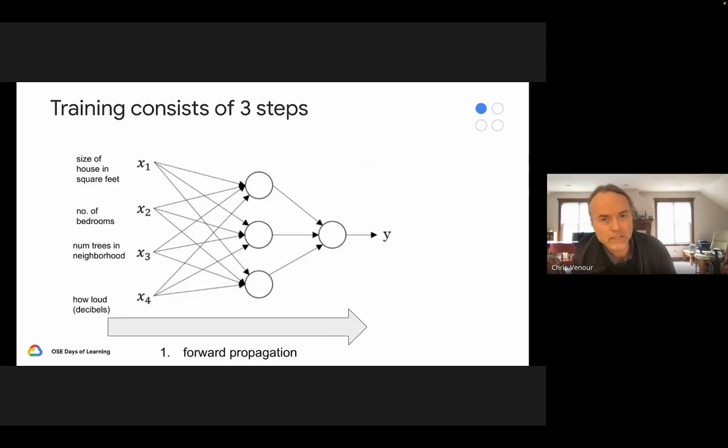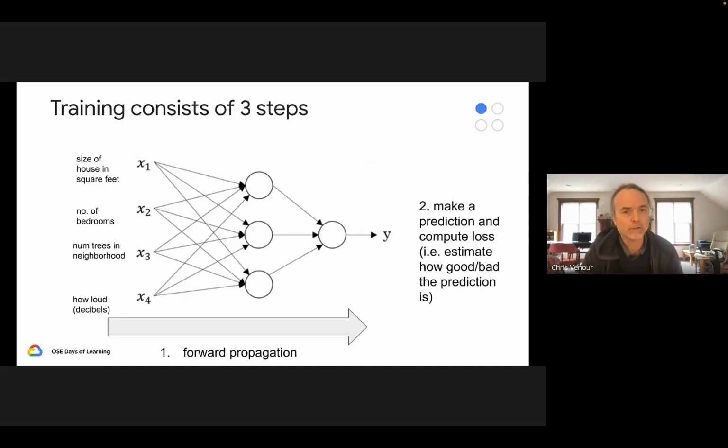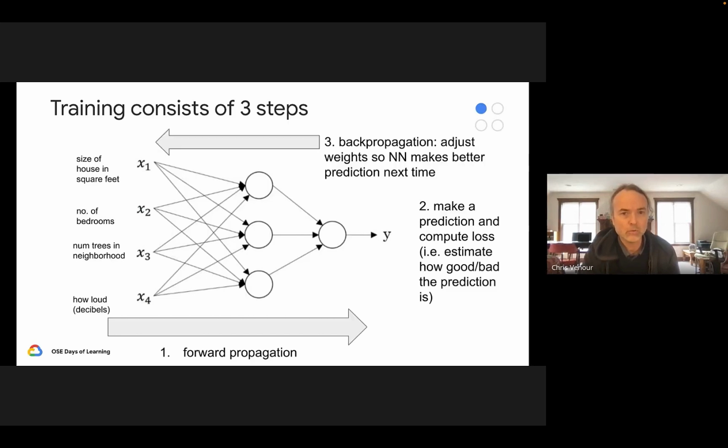Forward propagation is the process of feeding a training example through each layer of the neural network to obtain a predicted output. A loss function then measures how good or bad the prediction is compared to the actual value, and then back propagation begins. Back propagation adjusts the weights of the neural network to make better predictions the next time the network sees the same training example or similar examples. It treats the weights of the network like dials that you can turn up or down to improve the network's performance.